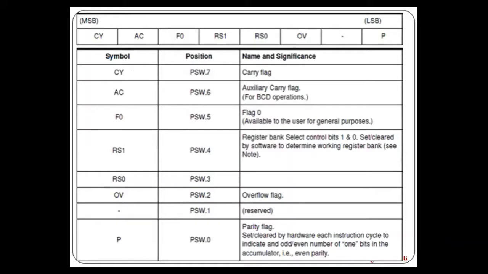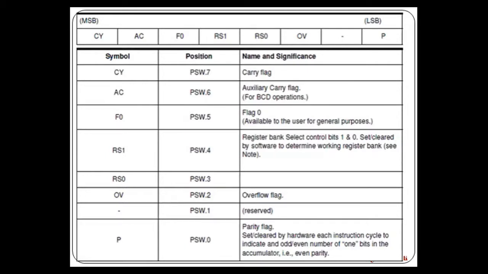Now, a very important concept that we didn't cover in the previous video was your PSW, the flag register. We call it PSW, program status word. Basically, it gives the status of the program. Like you run some instruction, and then whether the carry is generated or the parity is even or odd, etc. So it will give you the status, and that is indicated by flags.